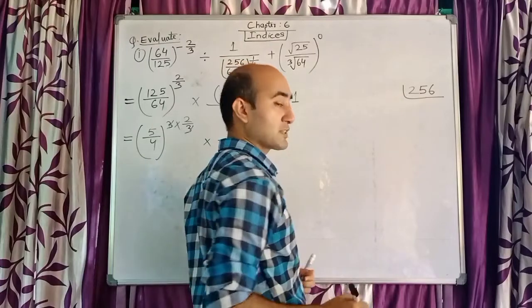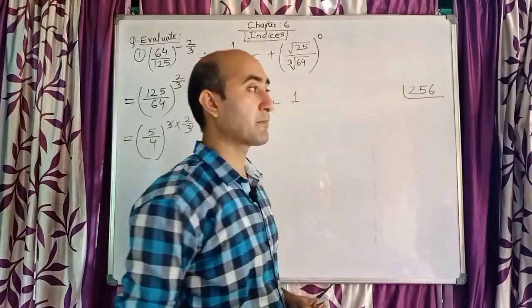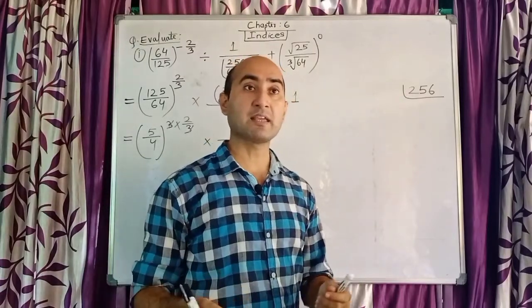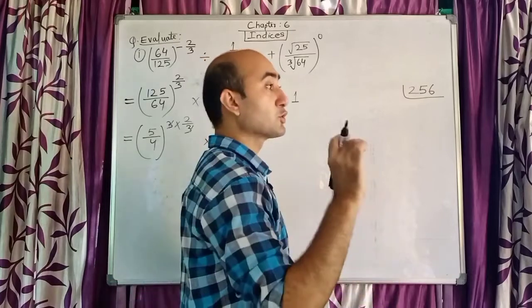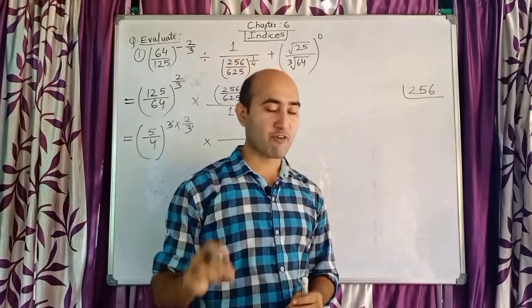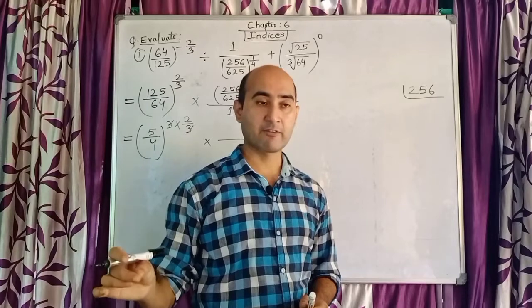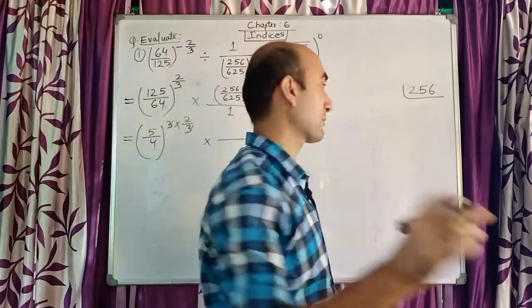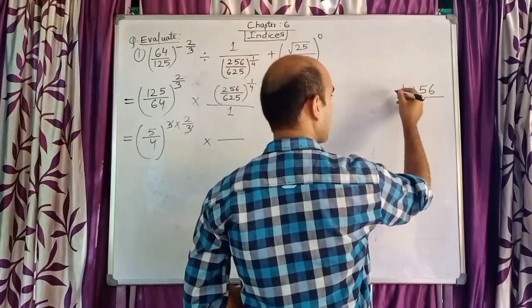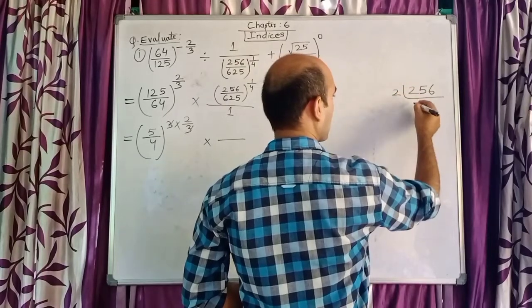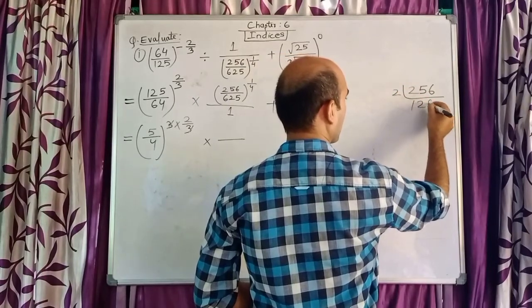Please factorize with prime numbers. A prime number means a number which is divisible only by itself and 1. So 2, 3, 5, 7, 11, 13, these are the prime numbers. You begin with 2. Yes, it is divisible by 2. So you write 2. 2 1s are 2, 2 2s are 4, 2 8s are.